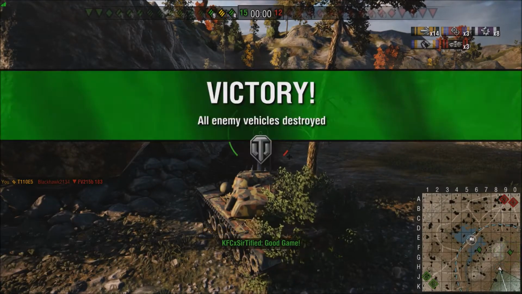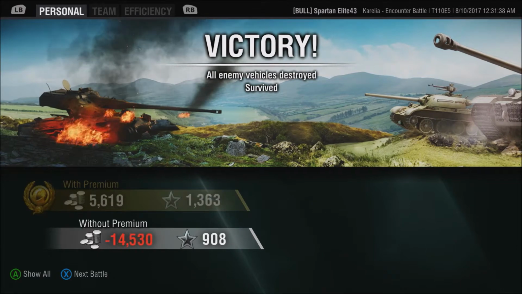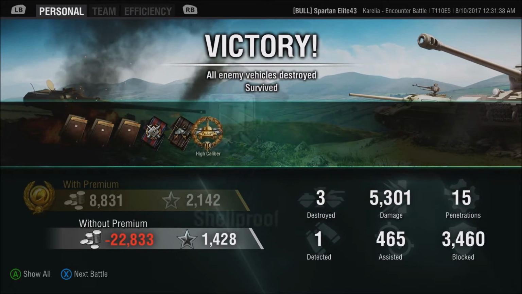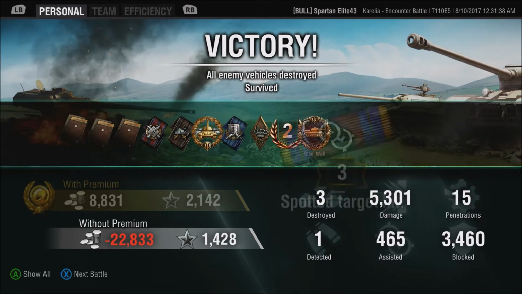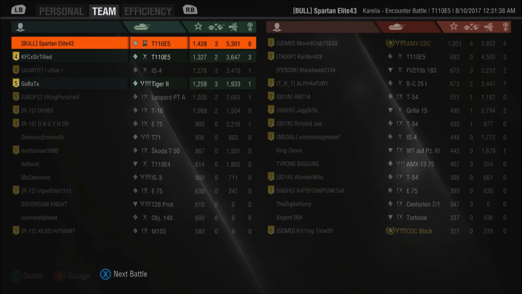But what a game, right? That was pretty epic all the way through. 14 pins, 3 kills. Not bad at all. What do we end up with? 5,300 damage, 3,460 blocked, 3 kills. We got a high caliber, we got the 2nd tier mastery badge, we got a steel wall, and we get